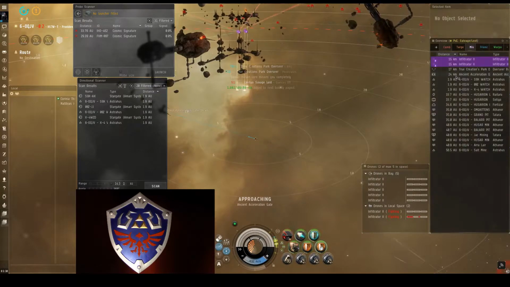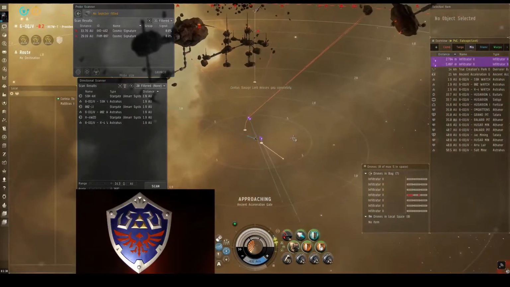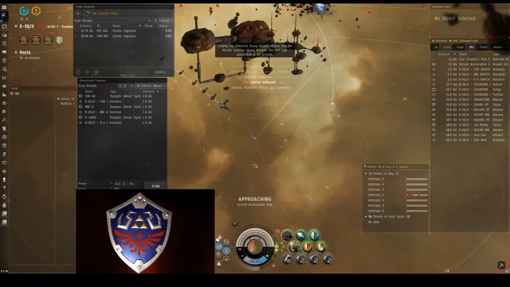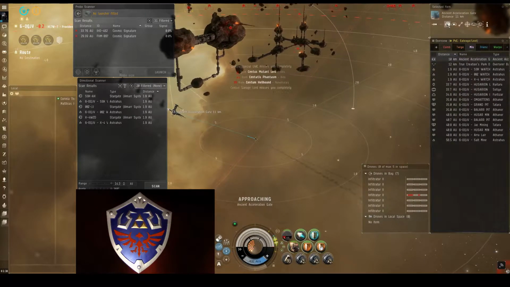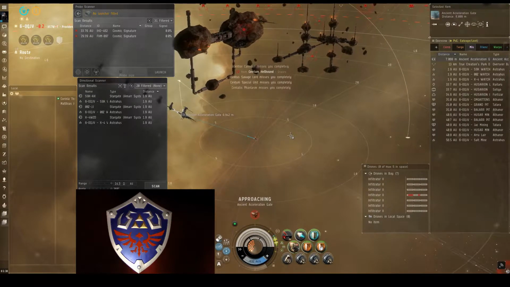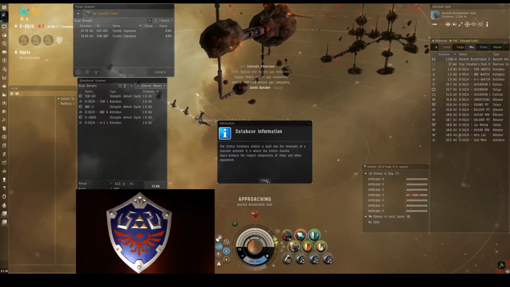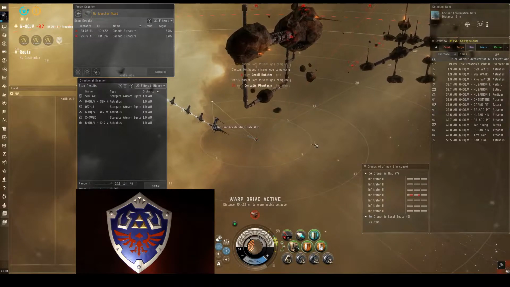And then check. Okay, so he didn't drop anything, so we're not going to worry about bookmarking it. And we're going to jump the gate as soon as possible and get ready for the third room. So I'm going to do a reload on my missiles. Cut our AB. Warp drive active. Alright, so when you land in this third room, and again, this is a full clear room again,